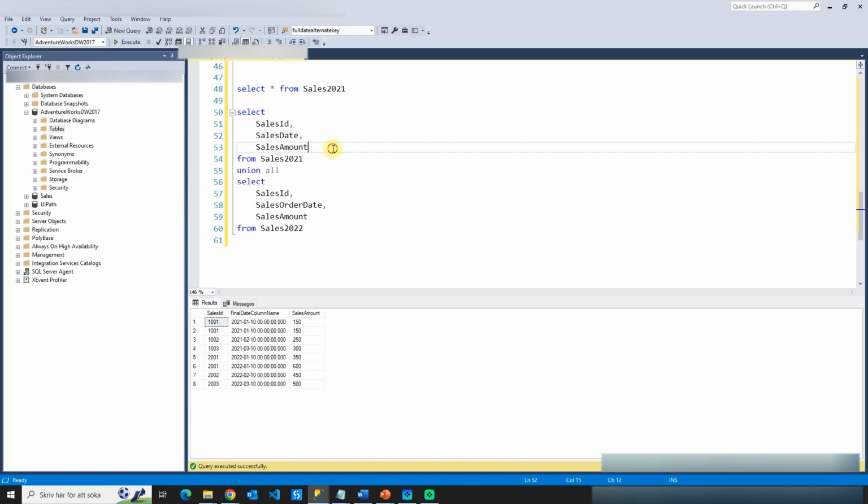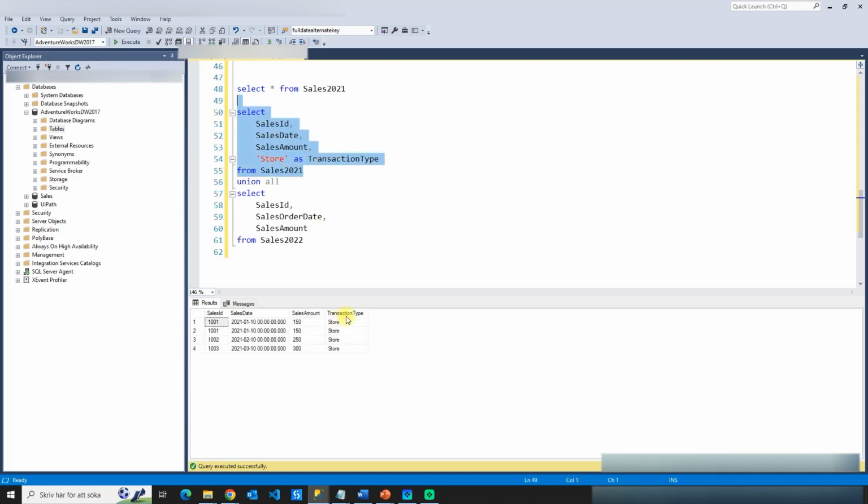And so watch what happens if, let's say, from that sales 2021 table, we had a fourth column called transaction type. So we could say that this is, let's say, from the store. I will name it transaction type. And so when we run this first query here, we specify that all of these transactions occurred in